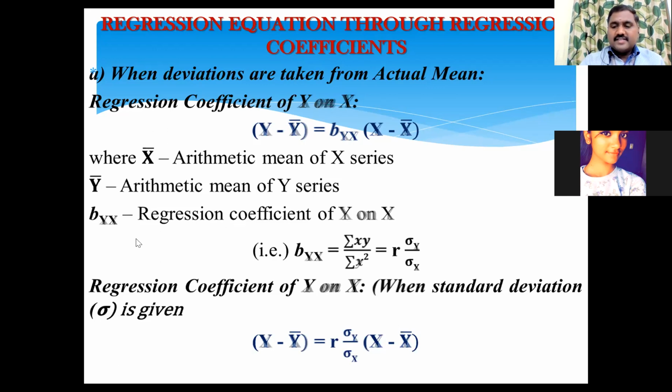Okay, fine. Now next, the same for regression of x on y. Copy this formula also. Previously, you copied the formula for regression of y on x: the left-hand side is y minus y bar equals b of yx into x minus x bar. Now, for the regression equation of x on y, interchange. The left side should be x minus x bar, the right side should be y minus y bar, and instead of b of yx you have to put b of xy. The b of xy value is summation xy over the denominator. The numerator will be the same. The denominator for y on x is summation x square; for x on y it will be summation y square. That's it.